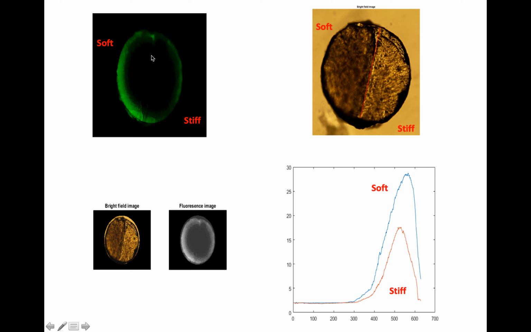Okay, so you can see on the left hand side, the material is softer than the right hand side. Absolutely, you can see more fluorescent particles diffused in the softer part. Okay,